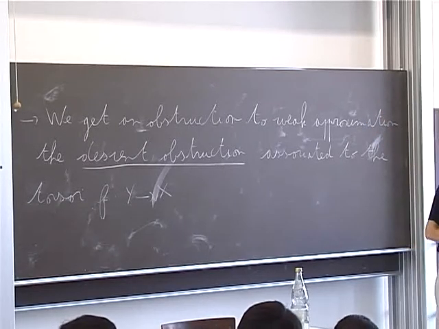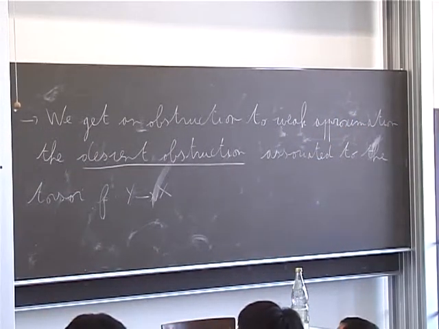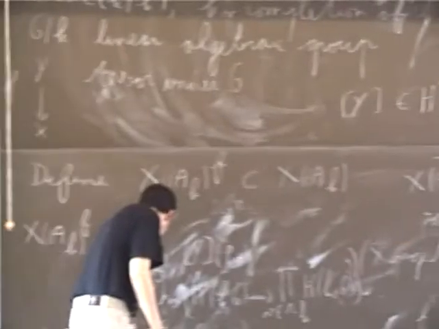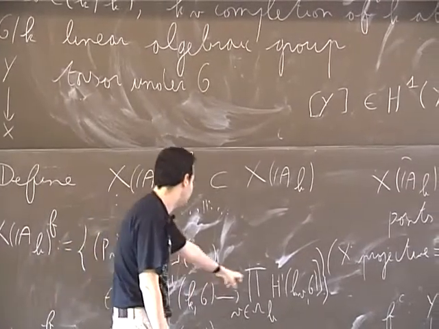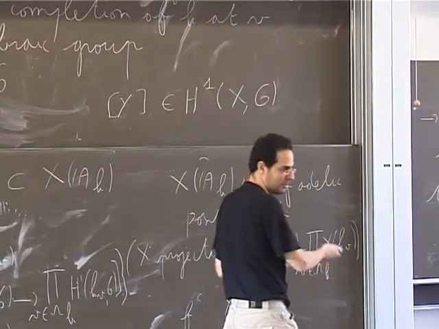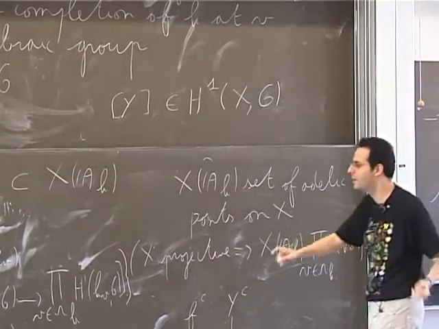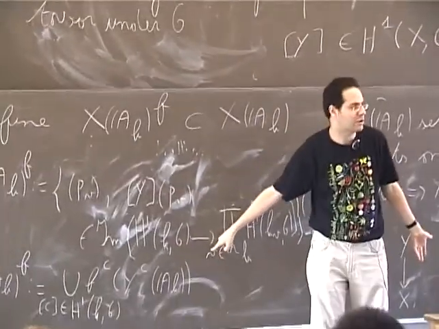Maybe I can give a few more details. The point is that when you describe this set X(A_k)^f as a union of these sets, of the image of the adelic points on the twisted torsors, it is easy to show that each of these is closed. But what you have to show is that this union is actually a finite union, that only for finitely many cohomology classes c, this set is non-empty. So this is the part that uses the finiteness theorem by Borel-Serre. So if you prefer, the theorem maybe should be stated: this is a finite union if X is projective.